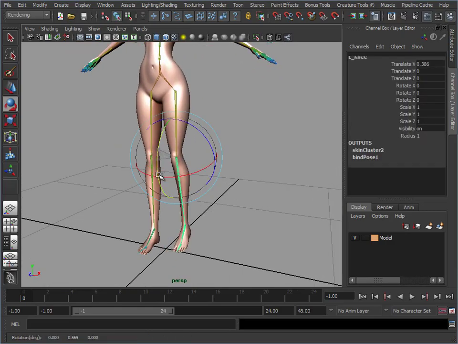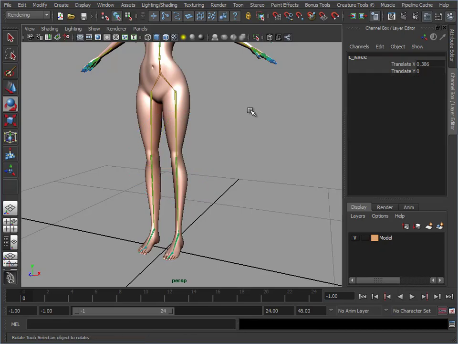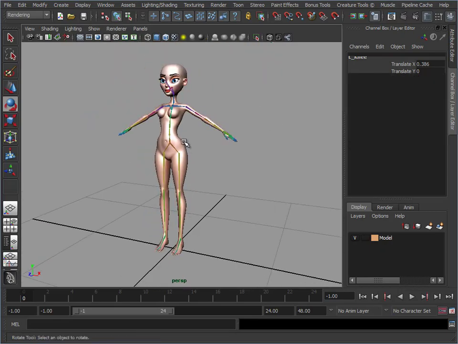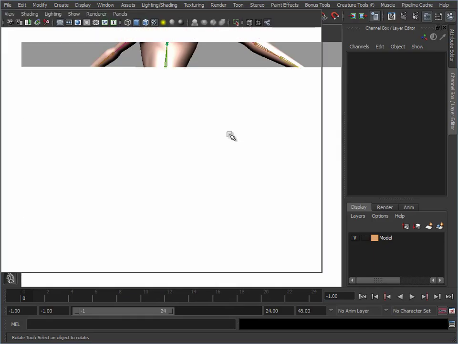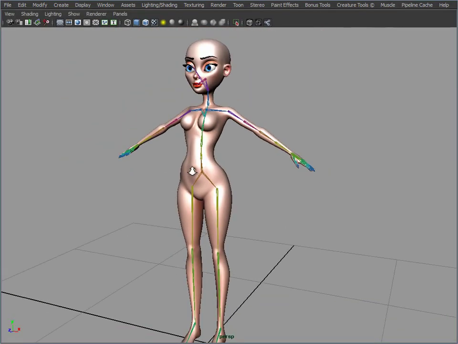Everything is bound, weighted, ready to go, so we can just go straight in and start posing her and render her out and get her ready to be the actress. But the problem is, at this stage, all we have, I just press Control and Space just to make that a bit bigger,